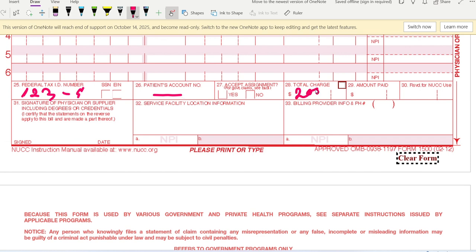So then if the insurance pays, it would be $150. The insurance can pay 150 or $200. So it will pay the allowed amount, okay. So here